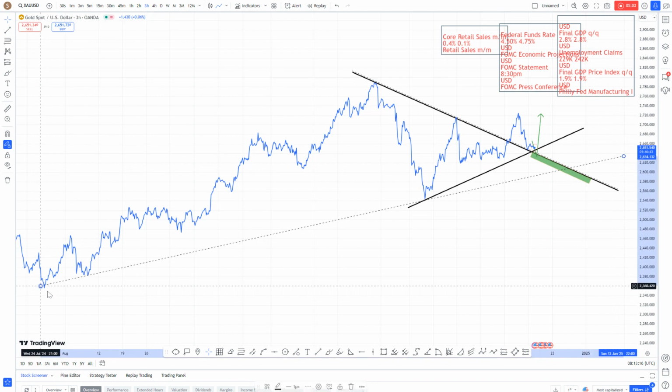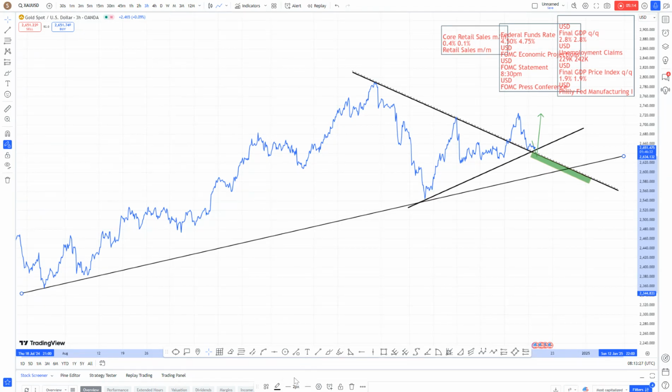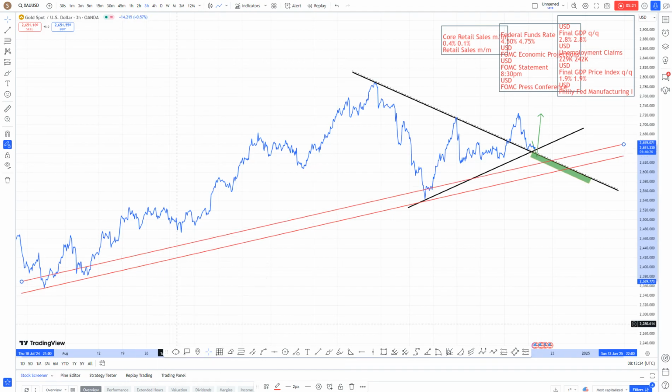If the data print comes higher than expected and the greenback demand falls, then we begin to see a breaker structure validating our analysis. So it's been like this and it's been very critical, and every time we look at it from a fundamental perspective, as these things drive the market and strong sentiment.